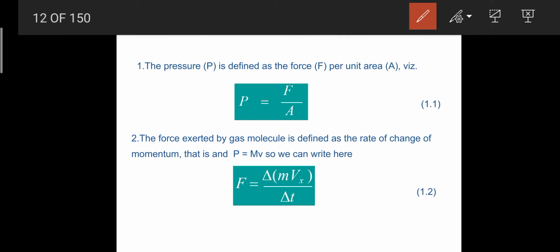So hope you understood it very well, that we are interested to find pressure, and if you want to find pressure of a particular ideal gas, then you have to find firstly force, and if you are interested to find force, then you should know about momentum and velocity. So this is actually a chain. With respect to that we are able to P से F को निकालो, F से M को निकालो, तो आपको मिल जाएगा प्रेशर का इक्वेशन। तो पहले तो P इज इक्वल टू F बाई ए, ये पता चल गया।